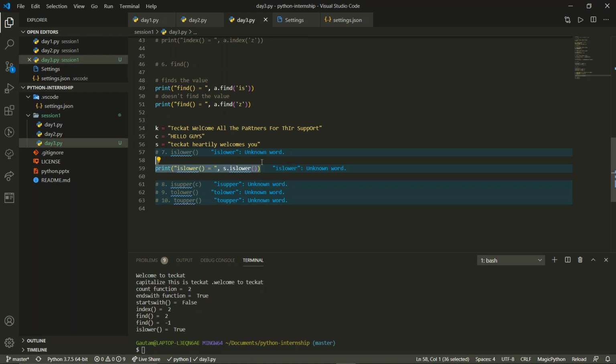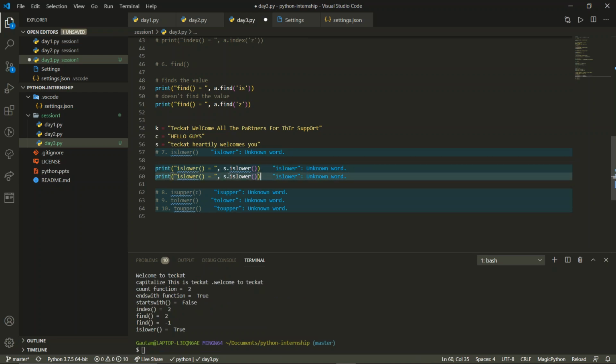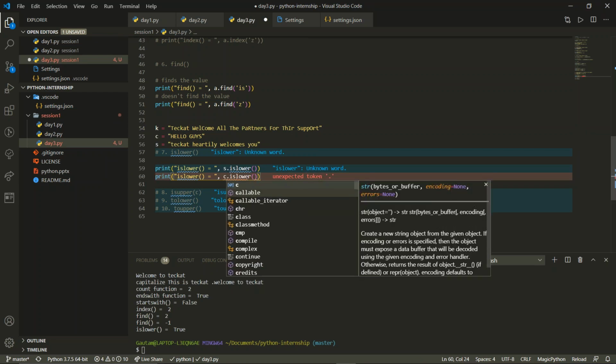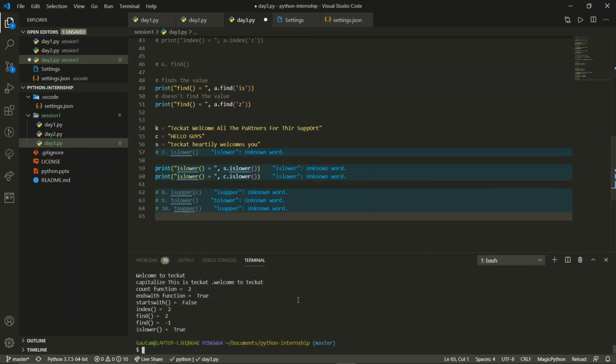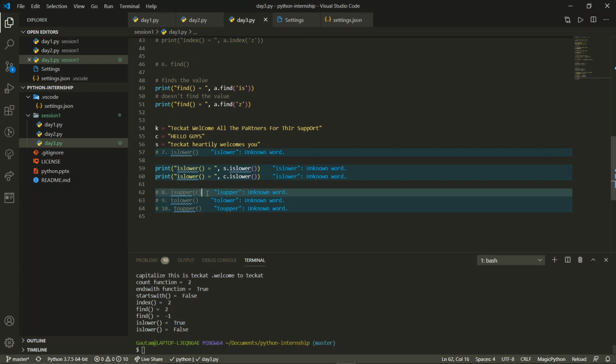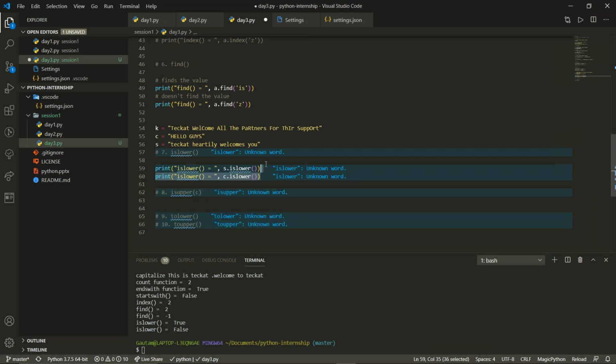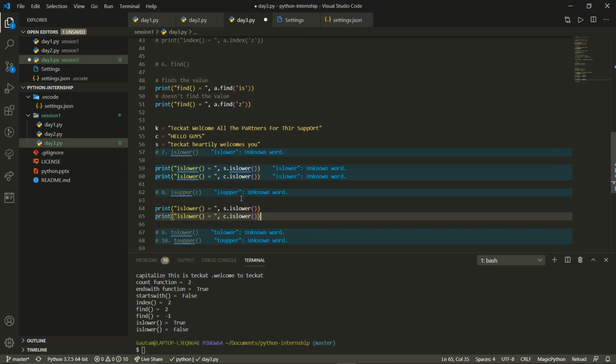Let me copy this and paste it, and I will pass K or else C, anything. Both will give you false. Now you can see over here you get false, over here you get true, right? Similarly, in this function also we'll have the same thing. So we'll just copy this and paste it over here.